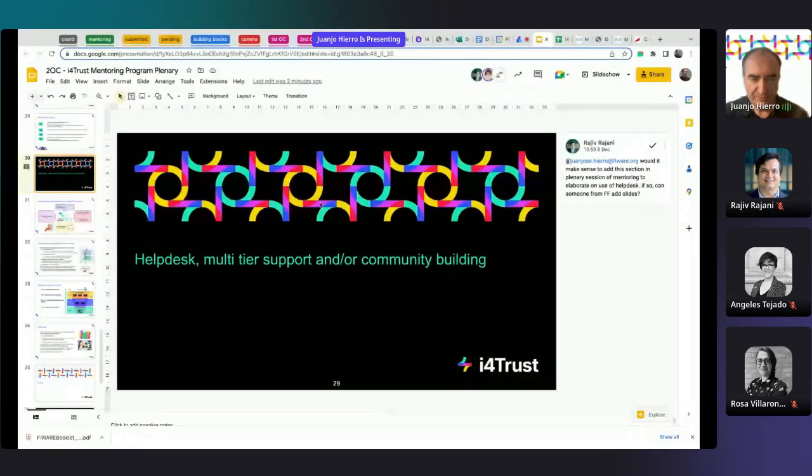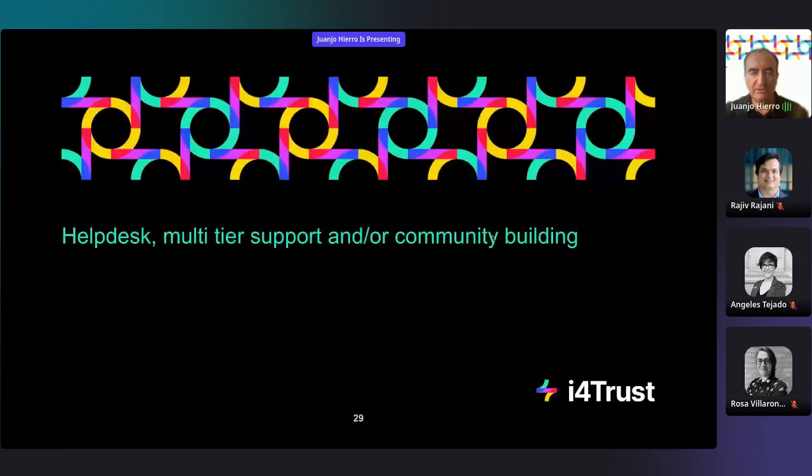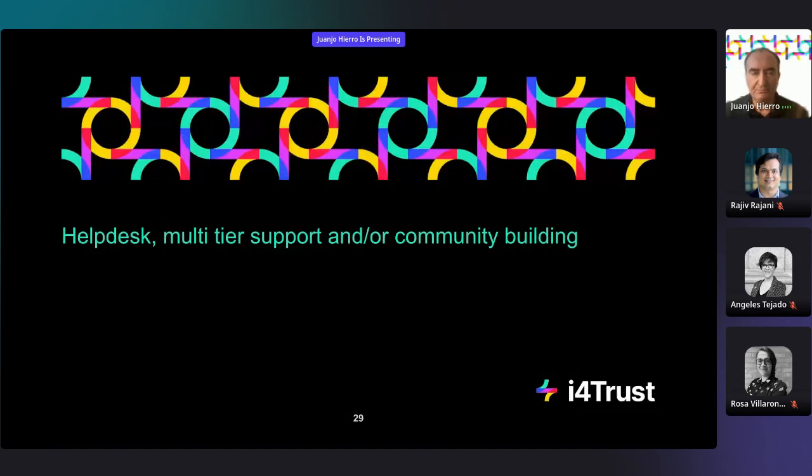Now you should be seeing that, and I will be covering the last part of this session, where I will simply describe very high-level aspects connected to the help desk and multi-tier support, and a bit of aspects linked to the community building.